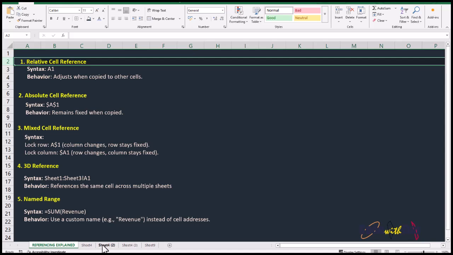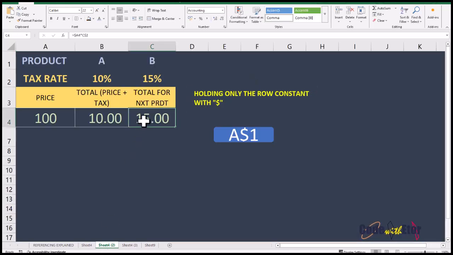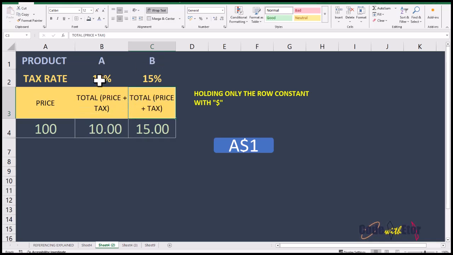So now let's see an example. Say you have two products, product A and product B, and you need to calculate the price with the tax of each of the products. In this case, the taxes are different. You have taxes which are different for product A and product B. So what we can do is use